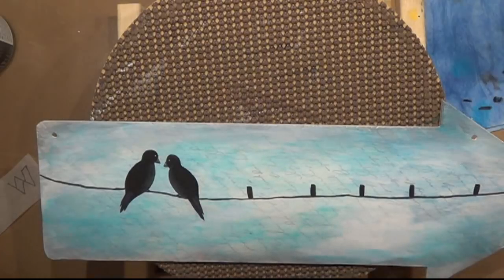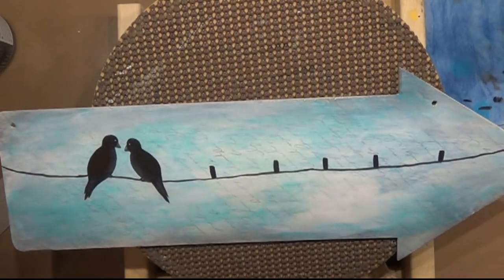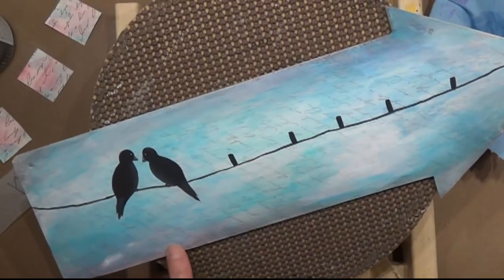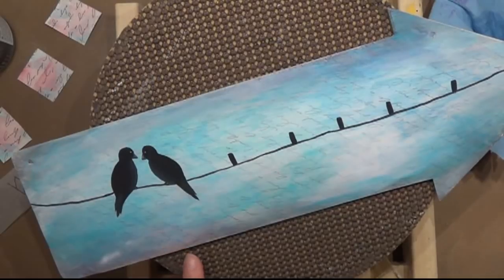And if you don't want to do any of that, then don't do it. You can just leave them solid black because they're just silhouettes. Okay, this is going to be a pretty fast, easy project. I'm going to go quickly dry my papers so we can come back and get the lettering on them and finish out the clothespins. Okay, I washed in just a little bit of that pink that we had really thinned down